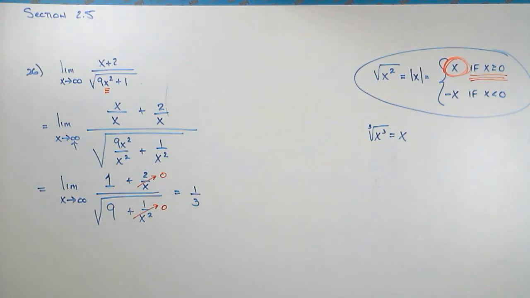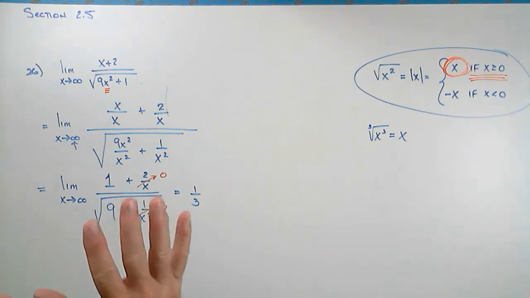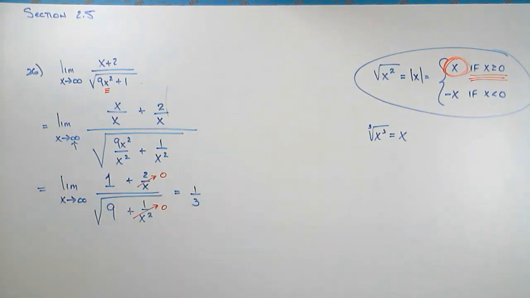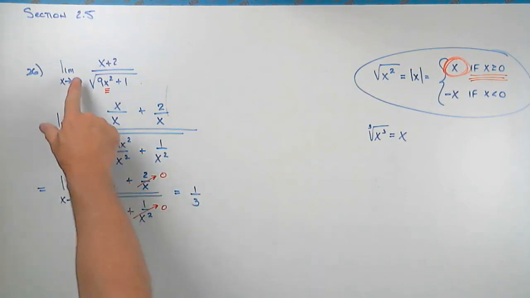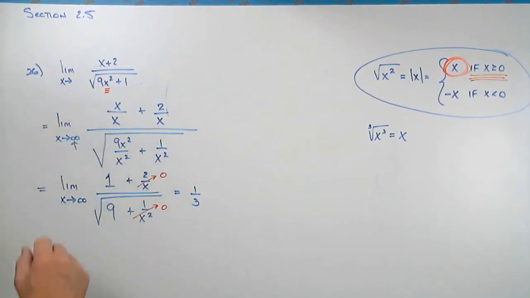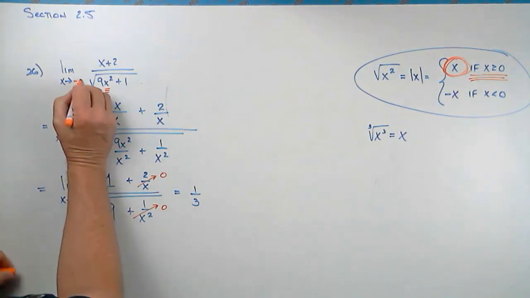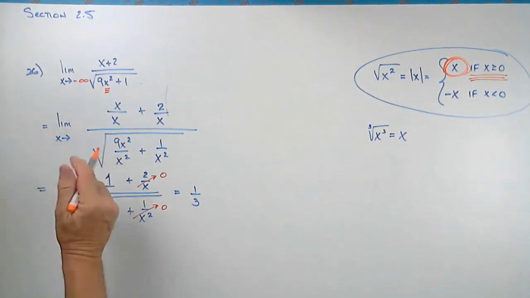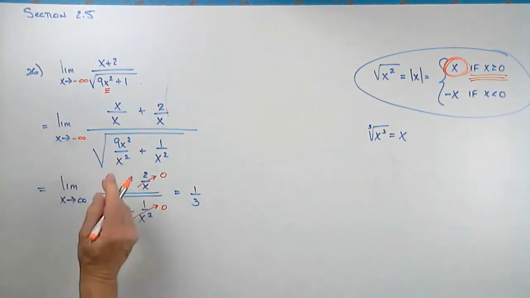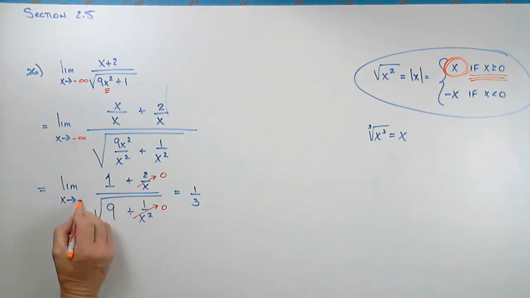Now, there isn't a problem in your homework. That doesn't mean there won't be a problem in the chapter review. Real quick, if this problem had been written instead of positive infinity, for all you watching the video here, you're getting a bonus lesson. If it had been written to negative infinity, right? If instead of positive infinity, this had gone to negative infinity,